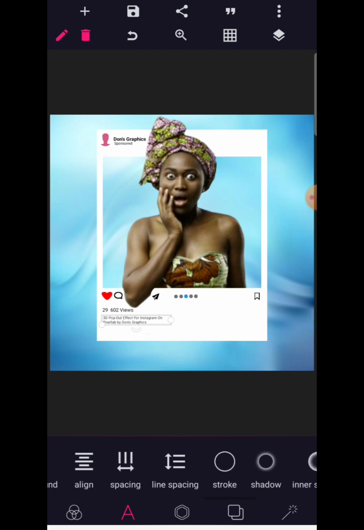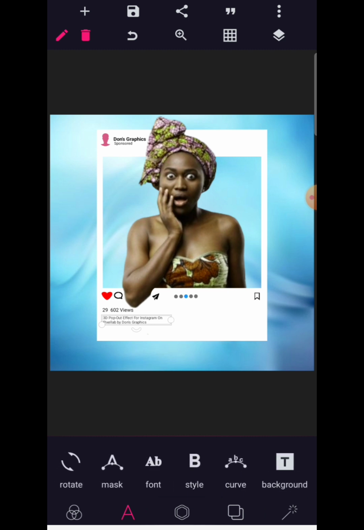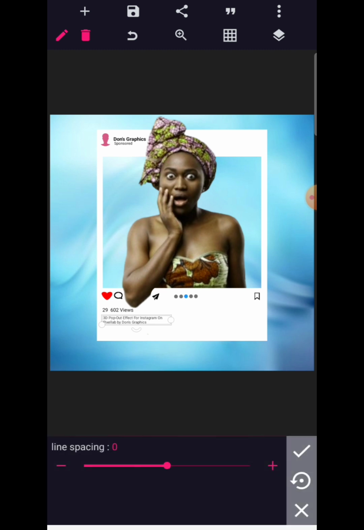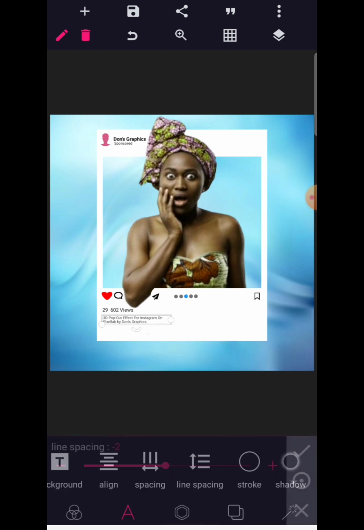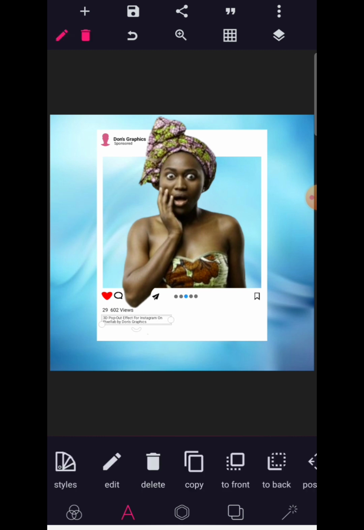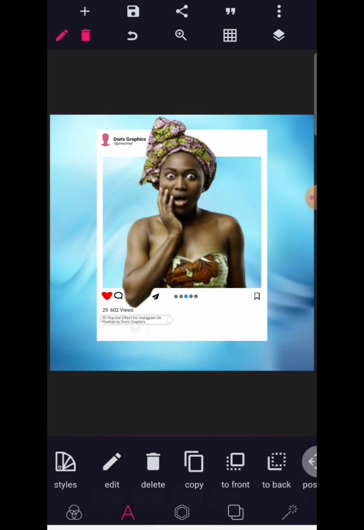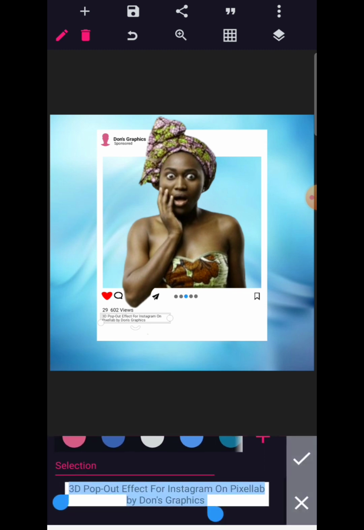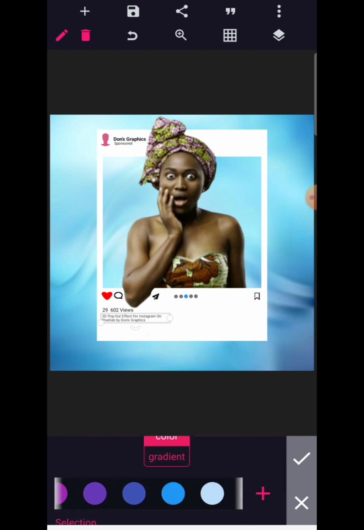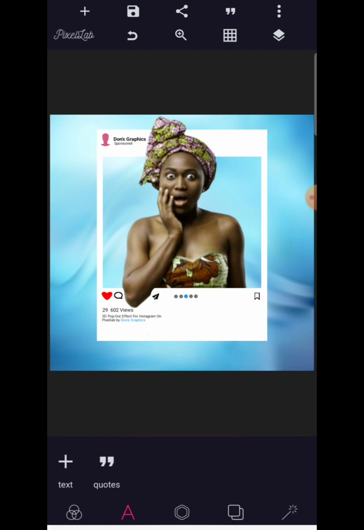And we go to line spacing and reduce the line spacing by just -2, such that we have this. So I'm going to align it also. Then we'll go to color and just choose our name, Don's Graphics, and give it a blue color. Good. So with this, guys, that's just how you can come out with a creative 3D pop-out effect for Instagram